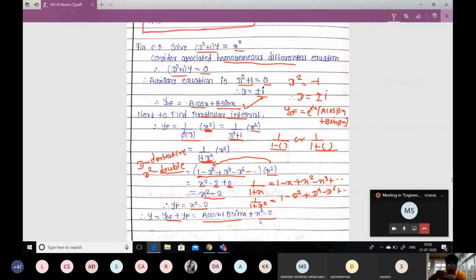Any doubt in this? Yes. No, sir. Yeah. 1 plus d रहा तो 1 plus